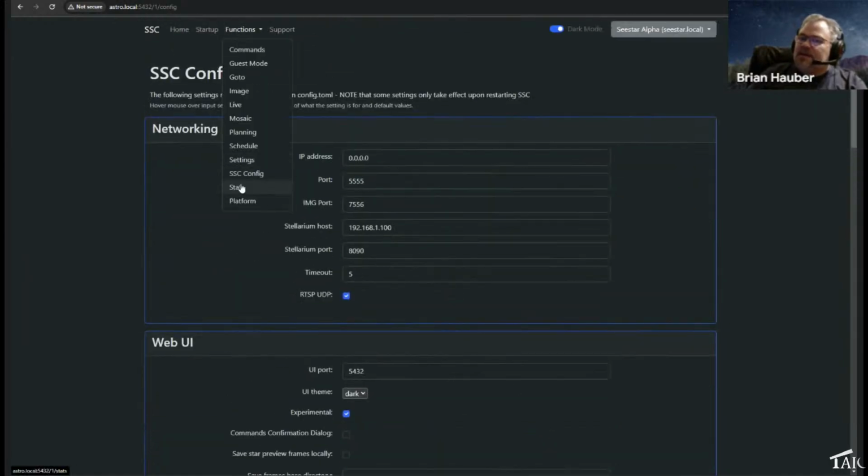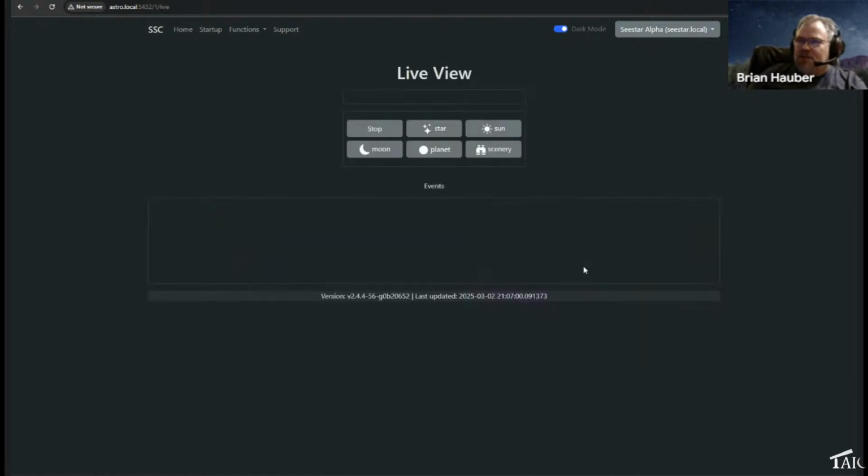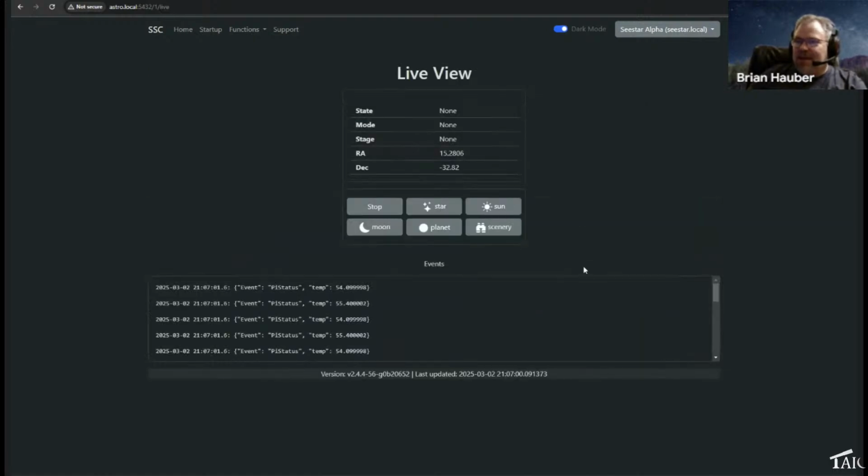And let's see. So we've got a go-to page. It's very simple. You just give it a target. It'll go to the site. It won't start imaging. Our live view, Kai showed you a screenshot. I obviously can't do anything tonight because it's cloudy and rainy here.